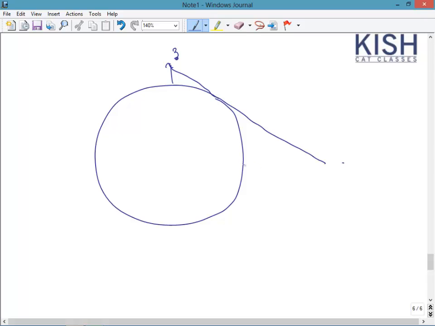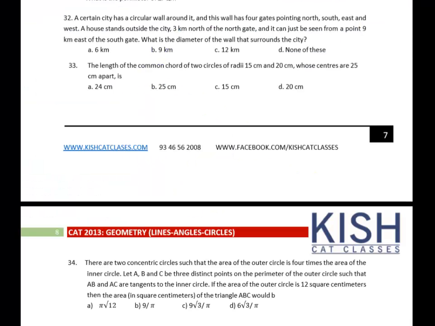This one is 9. So if you want, this one is R, this part is R, this part is R. R plus 3 whole square plus R plus 9 whole square is equal to